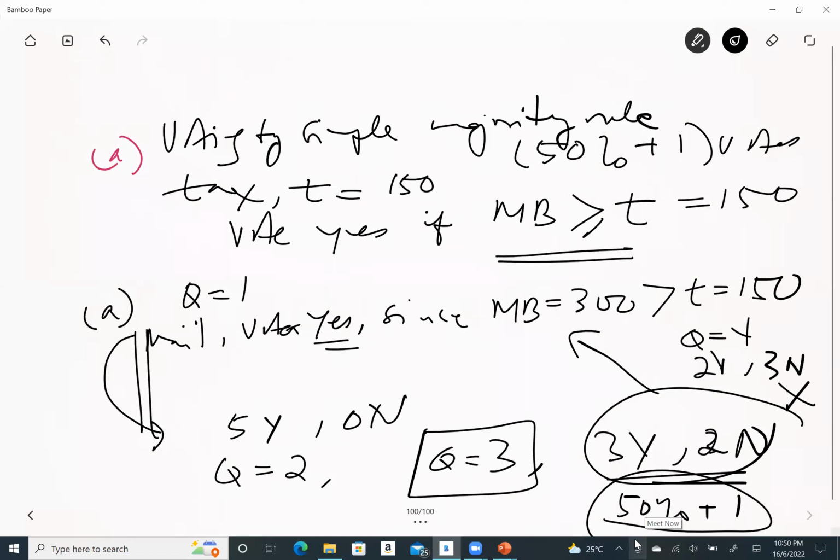So you have to make the argument to justify, at least for 1 or 2 people, why they vote the way they do. Why do they vote no? They vote no because marginal benefit is less than the tax. So here, the next part is show that the revenue collected. So at Q equal to 3,